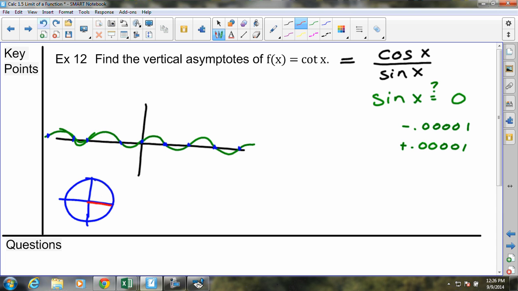Well, you have 0. And then to the other side, you have pi. You come around again, you have 2 pi. Come over to the left again, you have 3 pi. And come over again, you've got 4 pi. Come around again, you have 5 pi. If we started rotating to the left with negative angles, we'd have negative pi, negative 2 pi, negative 3 pi,